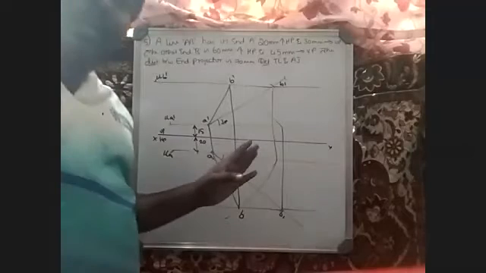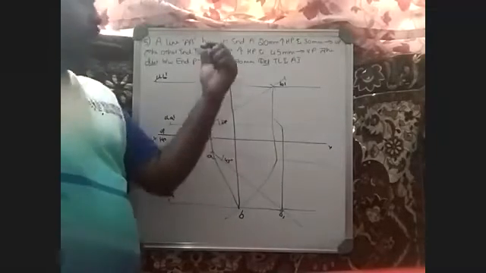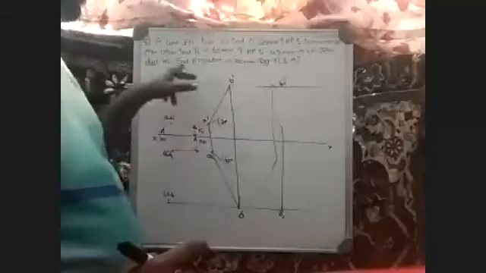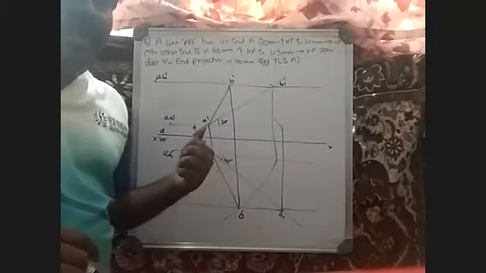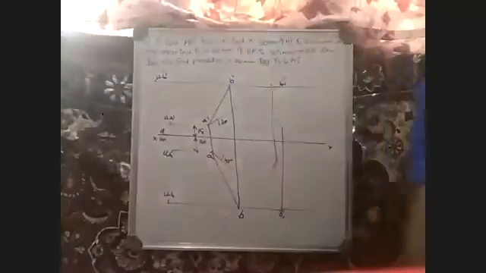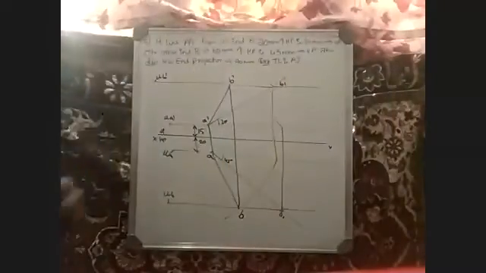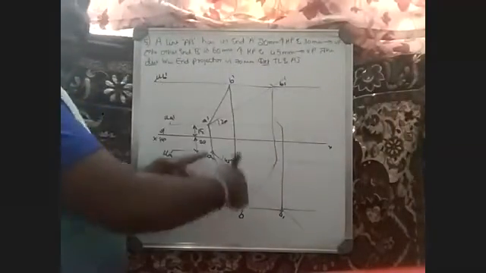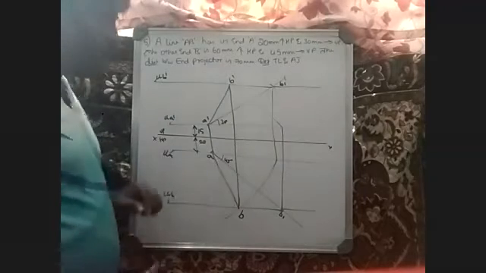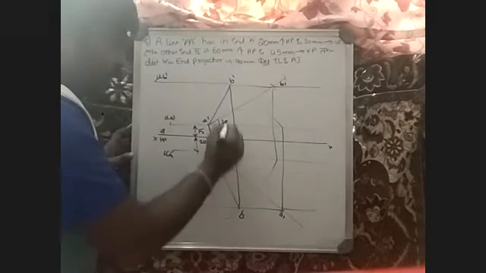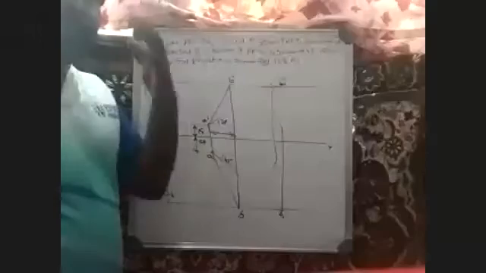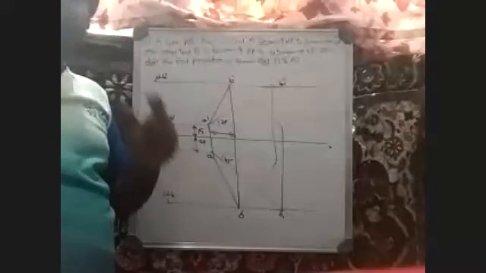Now, why did I explain this problem? That is what I wanted to explain: the distance between end projectors. What does this distance between end projectors mean? I wanted to tell you. So what is this distance between end projectors? It is simple. The distance between these two straight lines is called the distance between end projectors. That is starting from A dash till B dash. This is called the distance between end projectors.